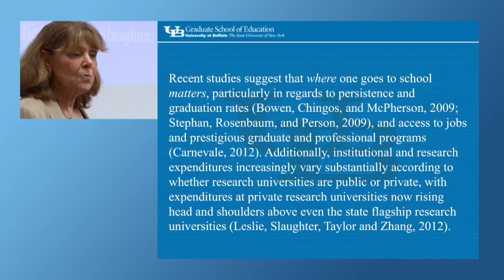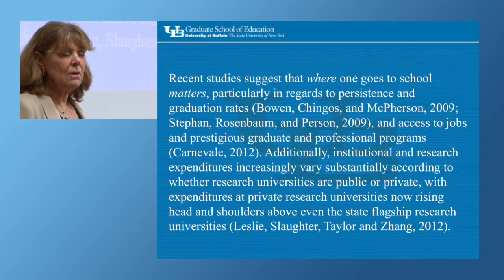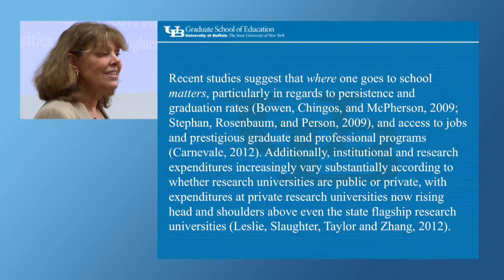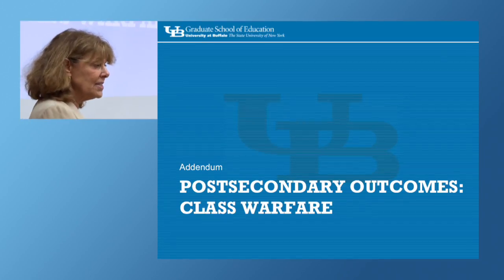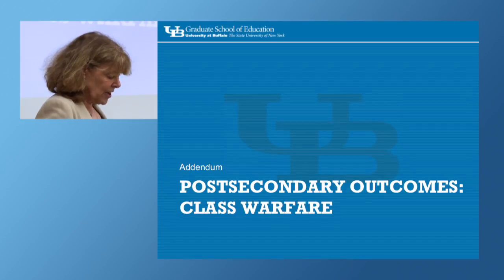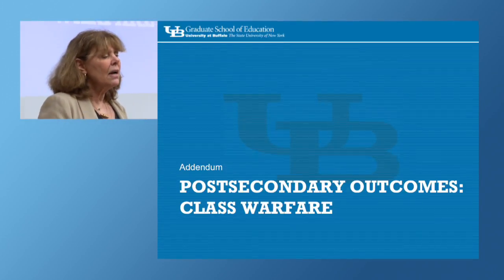So this is, especially the big privates are amassing unbelievable amounts of resources, challenging the big research publics in very key ways. And underneath those institutions, the rest of the institutions have lost more. There's very, very good work by Sheila Slaughter and Larry Leslie and Barrett Taylor on this kind of work. They just came out with a new book on stratification in higher education. That's it. I'm not talking about all these things. I'm not talking about the outcomes, but we have all these data.